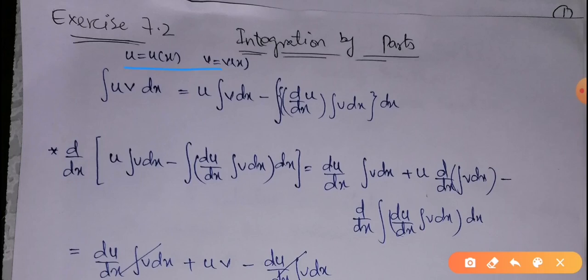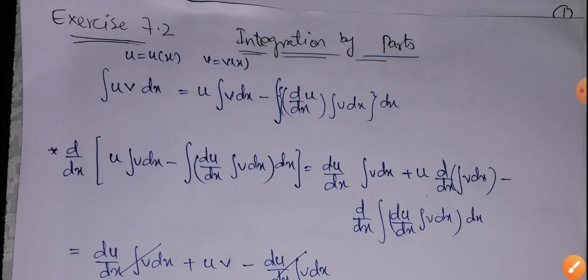Let's suppose we have two functions u and v, and both are functions of one single variable x, and these are a pair as a product u into v, and we are going to calculate its integral. So by integration by parts, the integral of uv is u as it is, integral of v, minus the integral of the derivative of u times the integral of v. This means that we have to first take the derivative of u and multiply it by the integral of v, and this simplified function will be further integrated with respect to x. Then we will say that we have applied integration by parts.